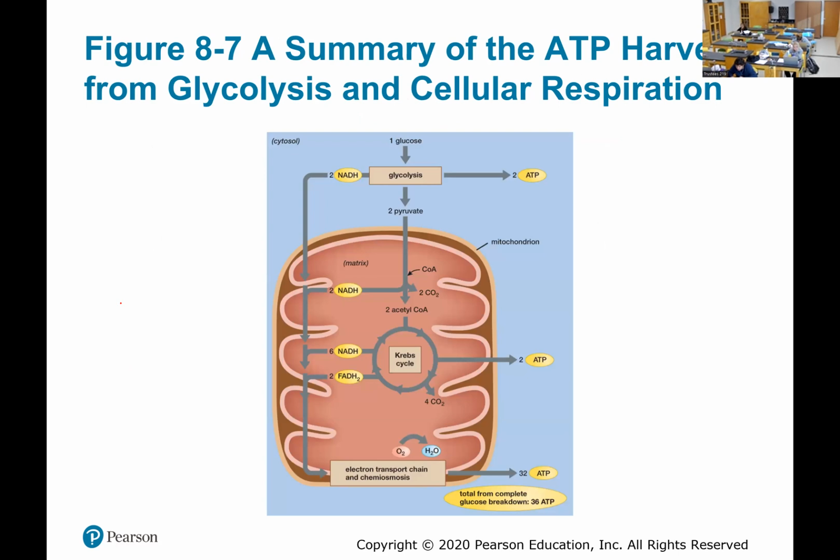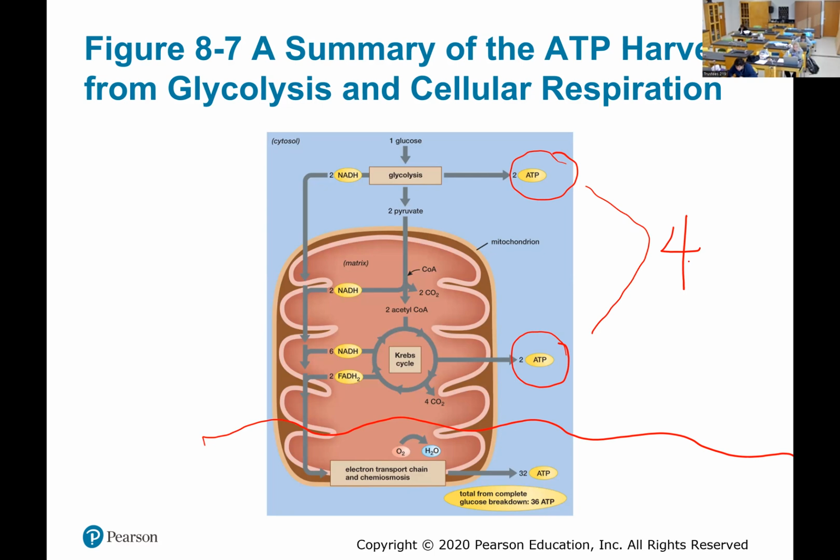Okay, and so like I said a little bit ago, you're only getting 4. Here's the electron transport chain down here. You get 2 net here, 2 net here. You get 4, and then you get 32 from the electron transport chain. So down here, oxygen is necessary,